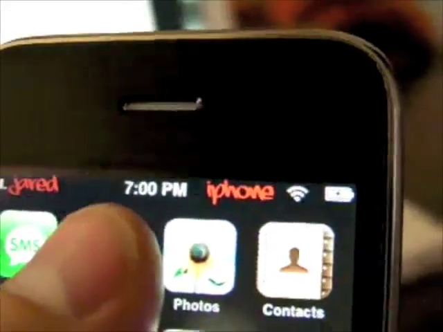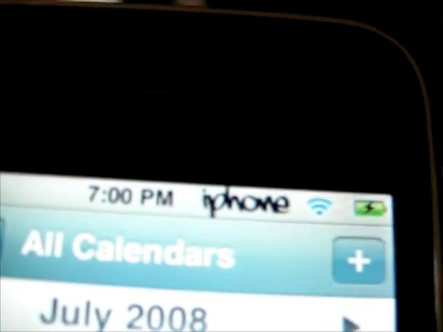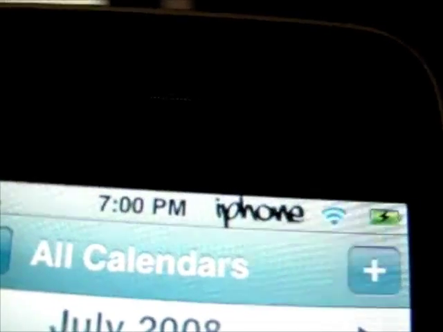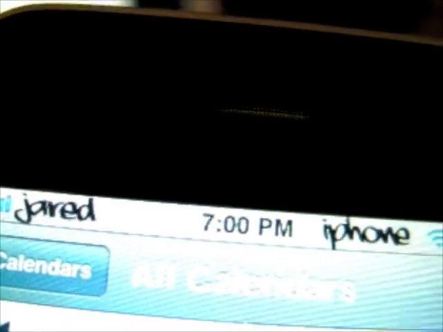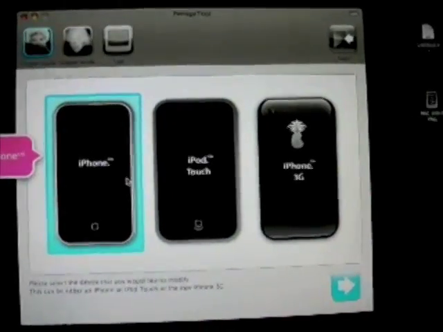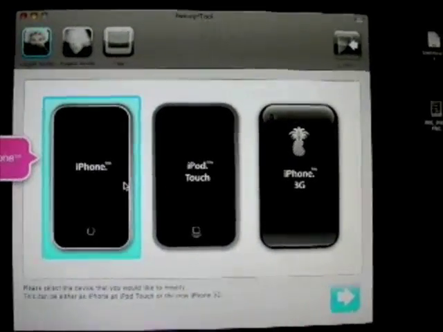Obviously for the main home screen, and then also for all others, which is called default within the system. So it's on the right side there, as you can see, also on the left side, and has the correct time on it. So obviously first you would have to have a jailbroken